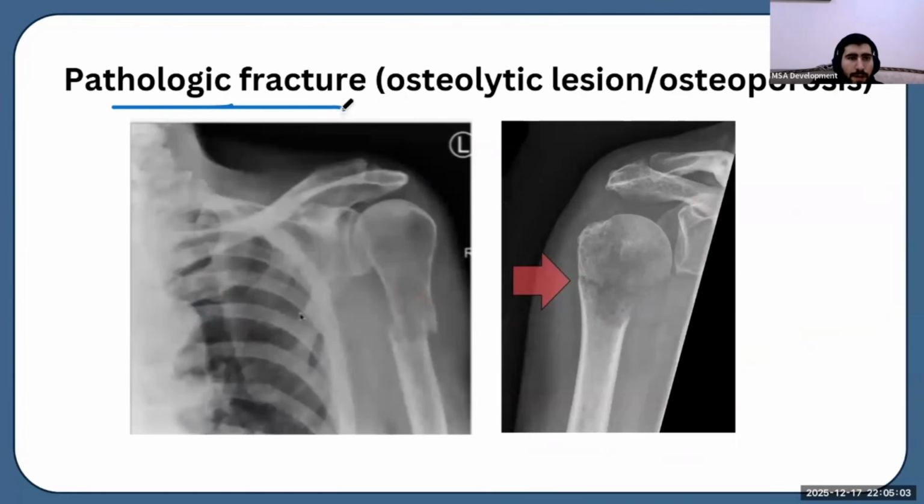However, pathological fracture, our fracture happens because I have a disease. Normally, this won't happen, okay? And this pathologic fracture usually happens due to osteolytic lesion or osteoporosis. If I have osteoporosis, my bone is very weak and will be fractured very easily. And if I have hyperparathyroidism, I will have osteolytic lesions that cause my bone to be weak and a fracture will